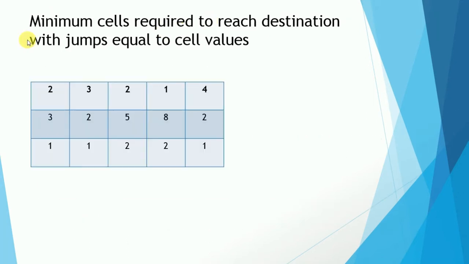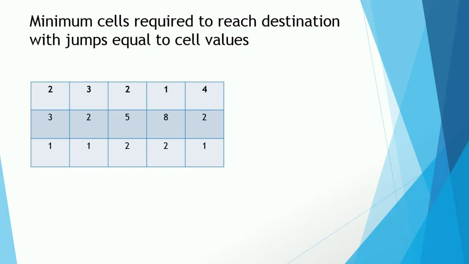For example, take a look at this matrix of dimension 3 by 5. This means there are 3 rows in this matrix and 5 columns. When you are at the cell 0, 0, then the value is 2. So you can move to either the cell 0, 2 or 2, 0. Let's say if you are at this cell, then what is the value here? 2, right? So you can move to this cell from here on the right or this cell in the south. Basically, you are adding the value of a cell to the row index and the column index to find the next cell in the path.